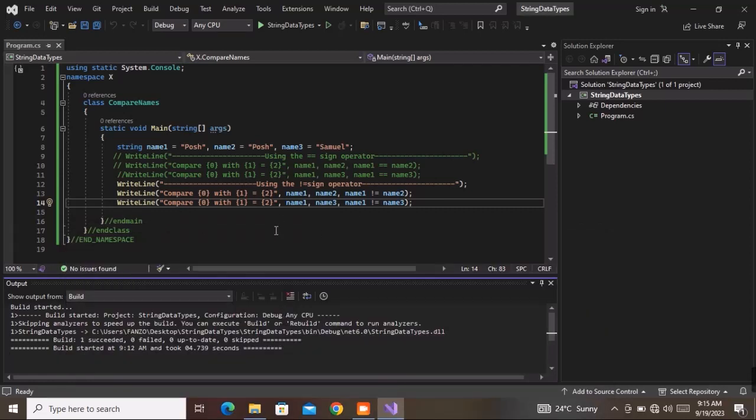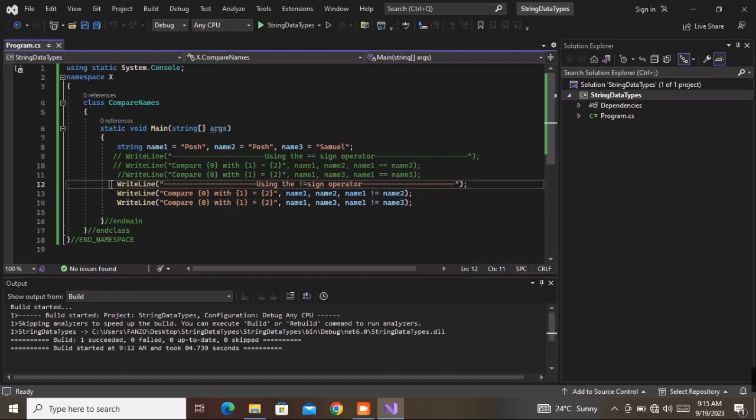Now I want us to go and look at the equals method. Now the string class, the equals method requires two string arguments. So this is very important. It requires two string arguments that you place within its parentheses. So we will have the parentheses where we place these two string arguments, which will be separated by a comma. Alright, so let's just go and look into that and see how the equals method also works. So I'm going to just copy this,